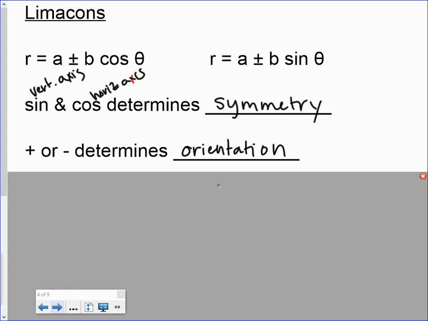So it's not like the equation will have plus or minus in it. It'll either be a plus b cosine theta,